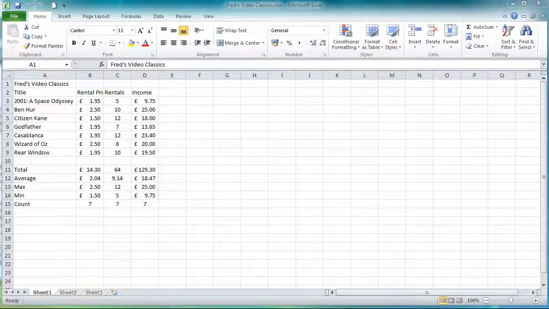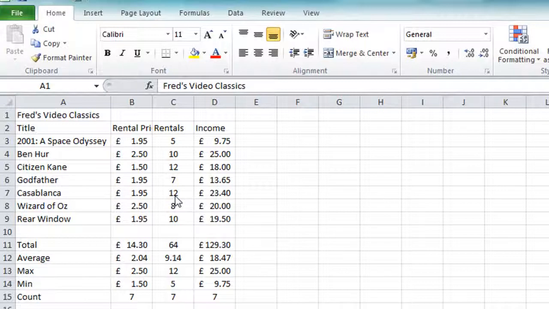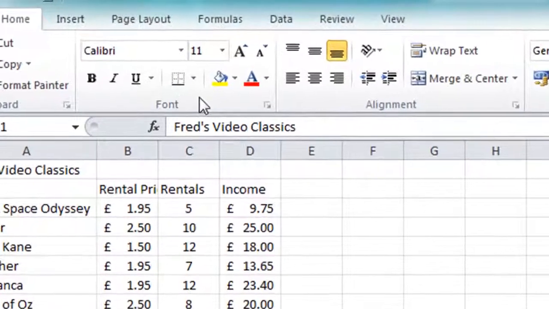Hello and welcome to another tutorial for Microsoft Excel beginners. In this tutorial we're going to start looking at formatting your spreadsheet, and to begin with we'll look at applying basic formatting. Now on the Home tab of Excel 2010, if you have a look at the second section along,